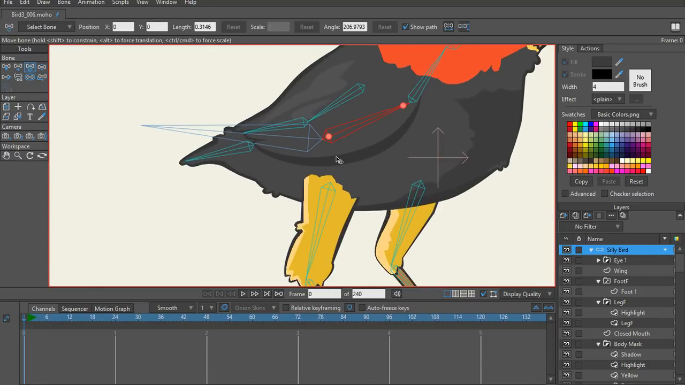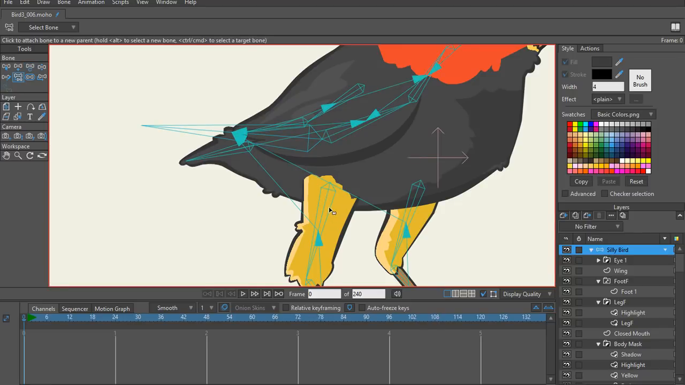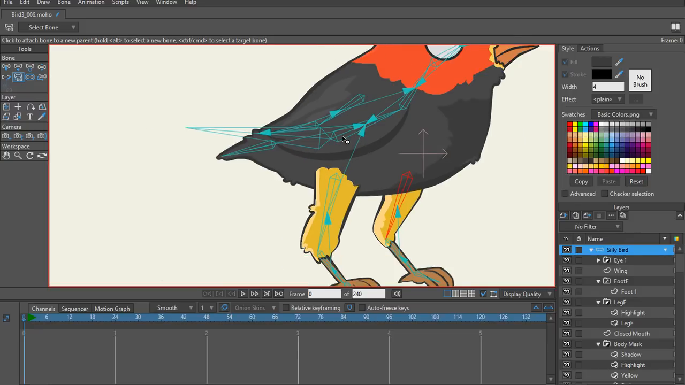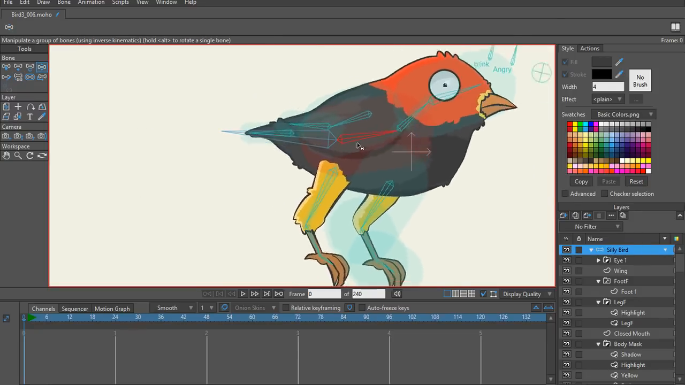Again, maybe, I don't know what this is going to look like. This is again where I'm just kind of trying to see what works and what doesn't. Oops, there we go. So when he bends down,